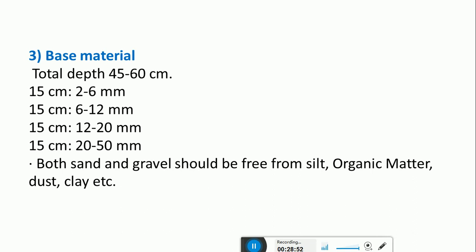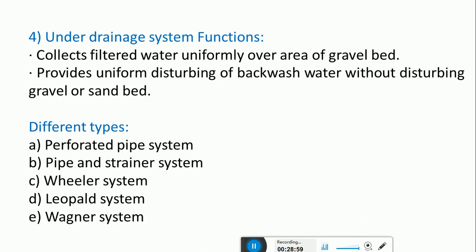And similar to the slow sand filter, the sand and gravel should be free from silt, organic matter, dust, clay, etc. Okay, so next to that we have the under drainage system to collect the treated water. This under drainage system consists of perforated pipes which are again connected to a main drain, through which the water is taken out of the filtration system and allowed to go for the next process of treatment, that is